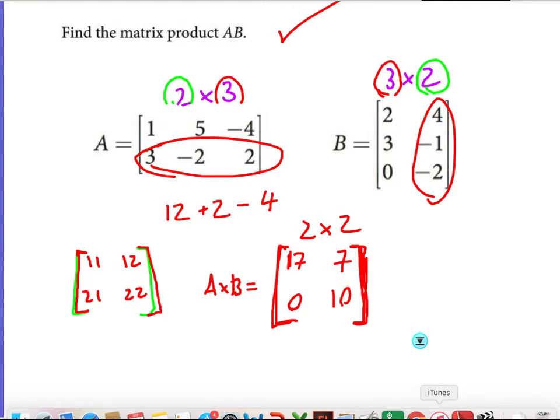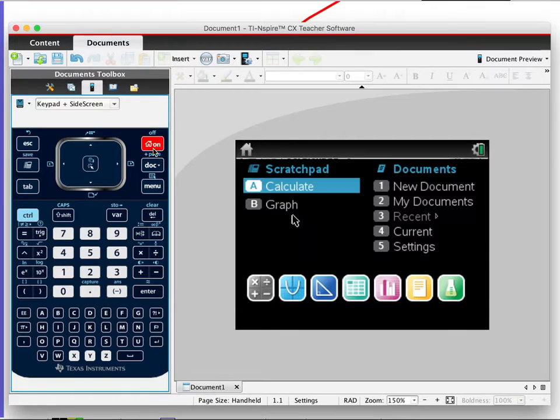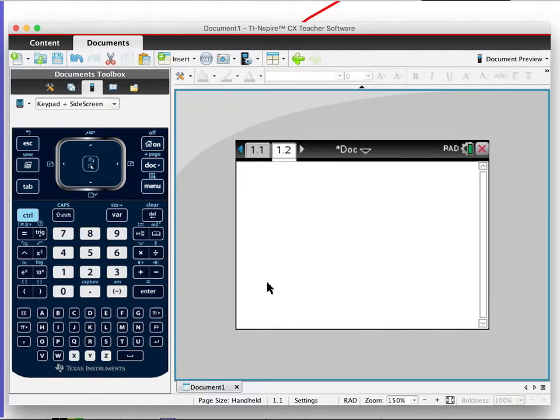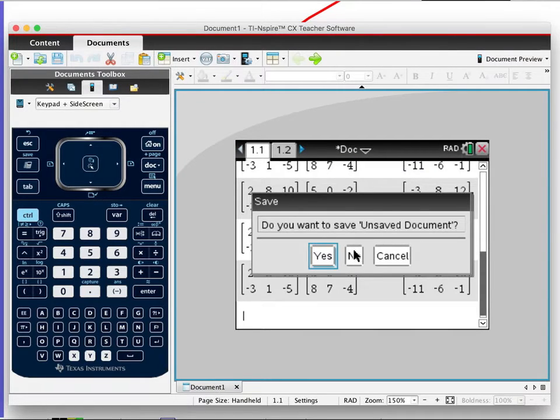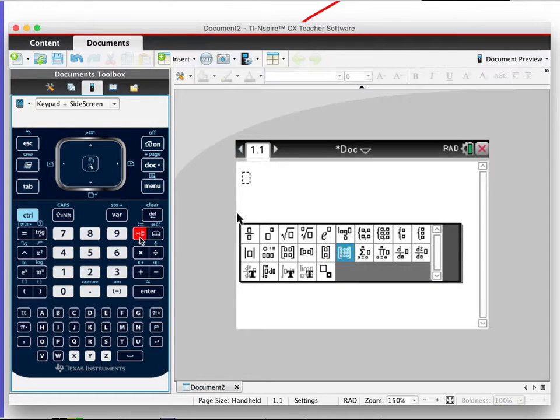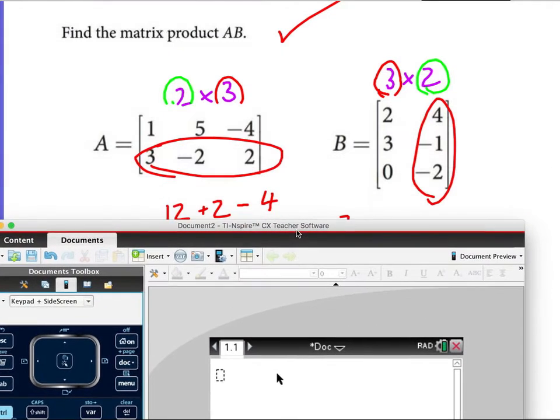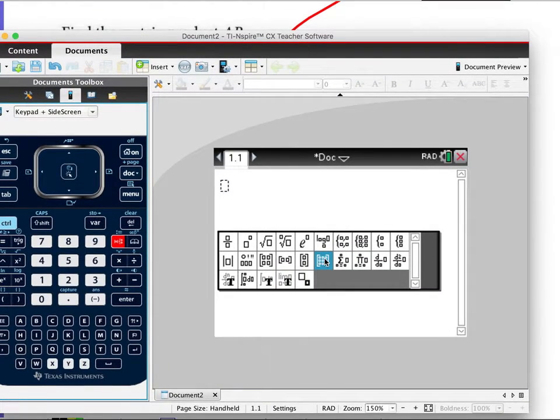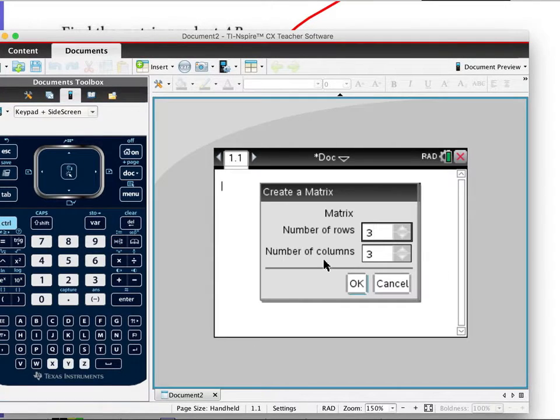Alright, so let's take our calculator, go to the home page, click on the calculator button, and the way that we can verify this is first we need to know how to input a matrix. The way you do that, you click on this button right here, highlighted in red, and we need to create a 2x3 matrix first. So I'm going to click on this symbol that looks like a 3x3 matrix,